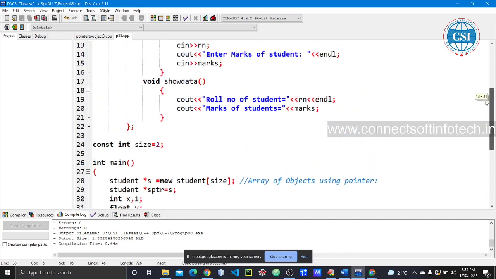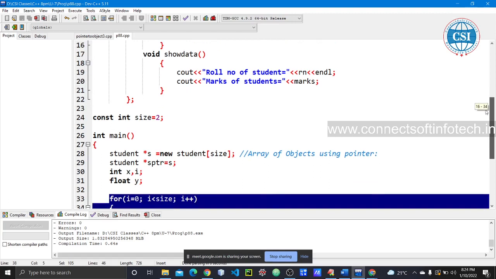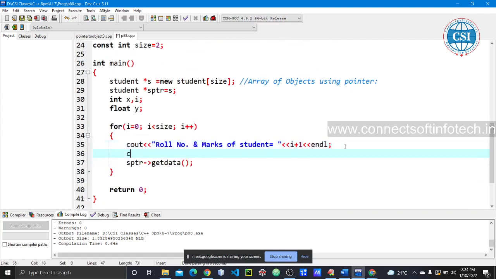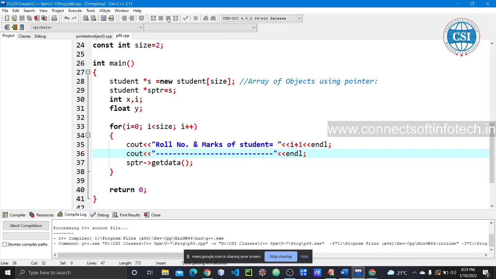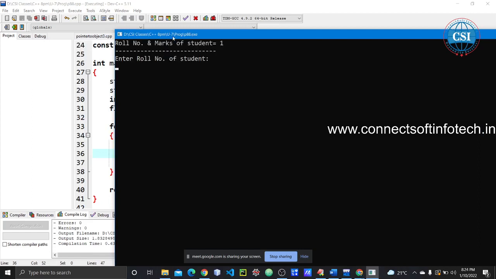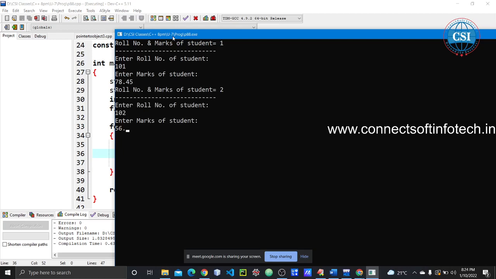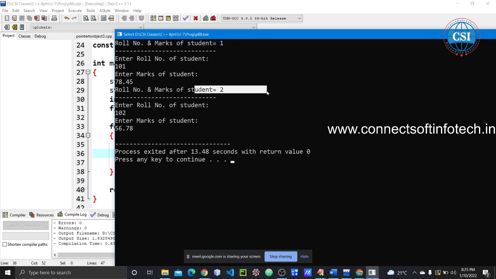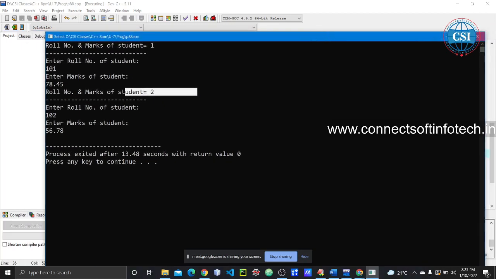So for a better look, I am writing here something. Okay, see cout. Okay, for better looking, I'm adding it this way. Okay, so endl, and look at how it is looking now. So check, just we are entering this data, right, 101, something marks. Okay, 102, right, something marks. Okay, so just endl. Okay, so now it is looking like student 1, student 2, like this. Okay, it's good, looking good. Okay,